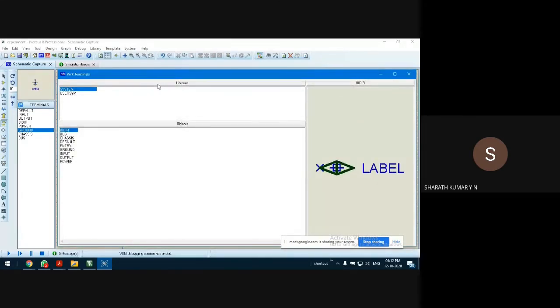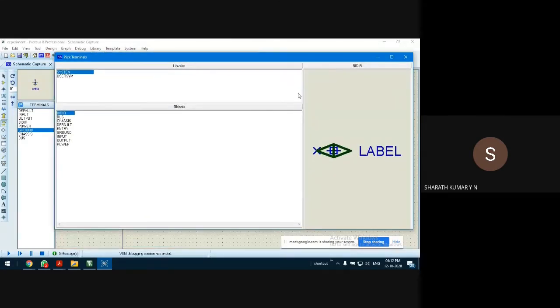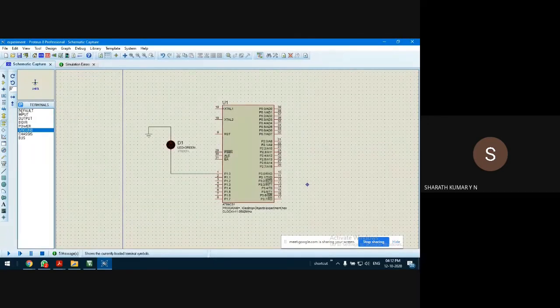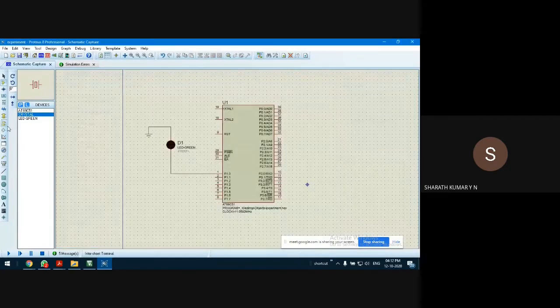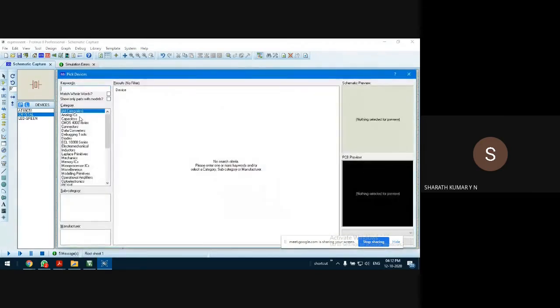Oh no, sorry. So why it is showing that is because you select component mode, then go to P. Then it will show the search for the components. Earlier I was in this mode, guys, that's why it was showing something else. That is terminal mode. Go to component mode. Select P, that is part search.